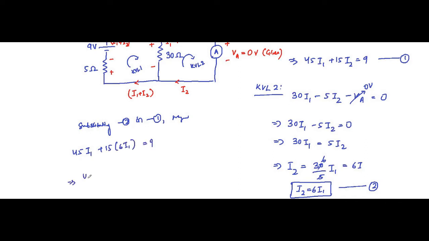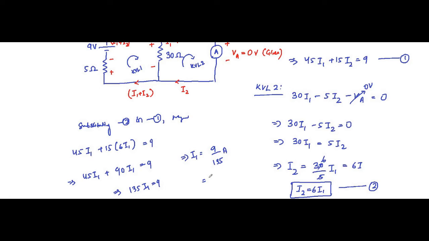That implies 45 I1 plus 15 into 6 is 90, so 90 I1 is equal to 9. That implies 135 I1 is equal to 9. That implies I1 is equal to 9 by 135 ampere, which is equal to, it is coming around